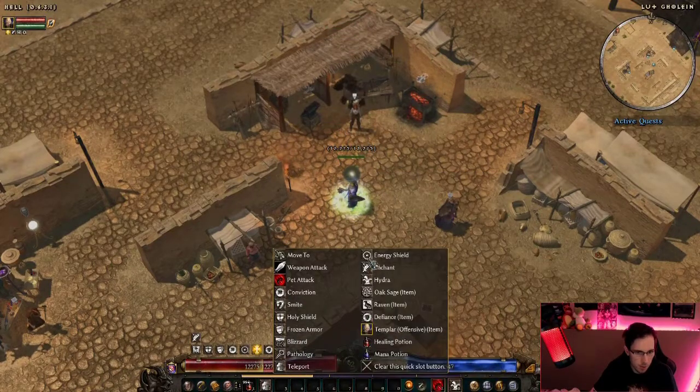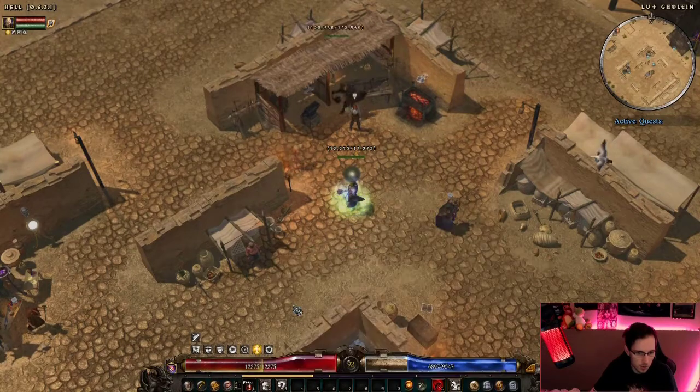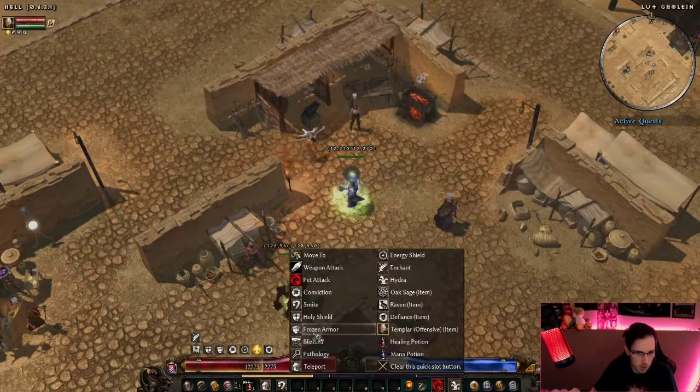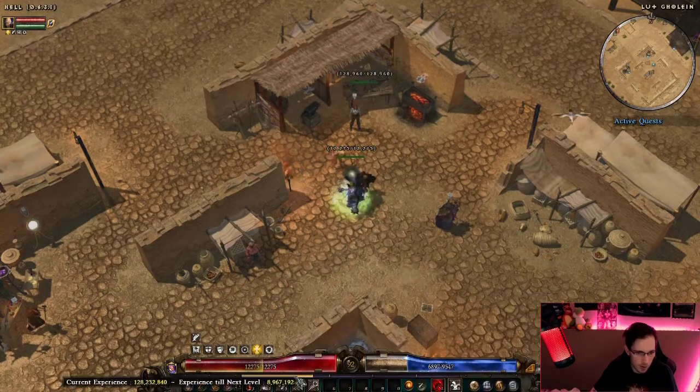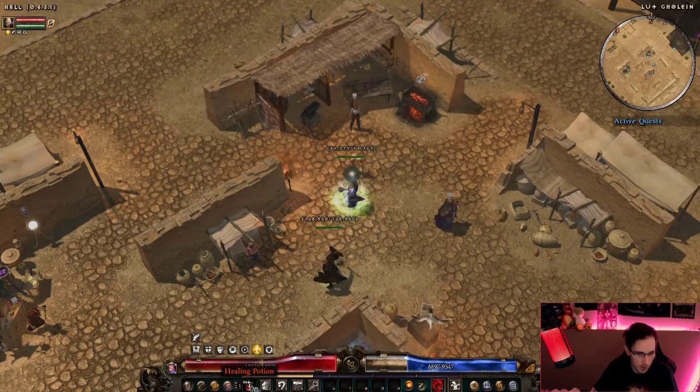Because for me, teleport, I'm always smiting. And I'm always blizzard. This skill I hate using, I just put it on far away. Health I really don't need anymore, so I might end up moving my health potion over more. And just making this my...